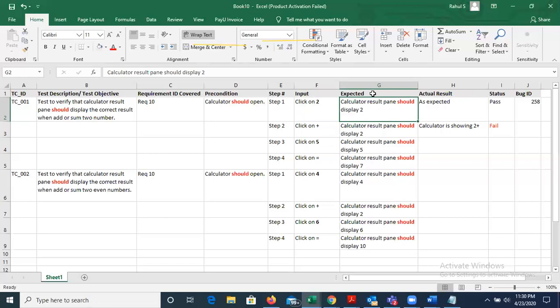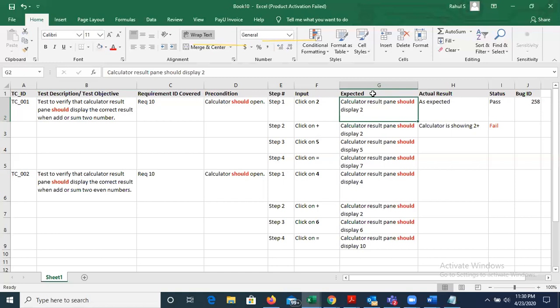Again the question: how do we define the test objective? Test objective is a functional decomposition of the requirement statement. To achieve that requirement statement, we decompose it into different functionality, the functional part and the UI part.